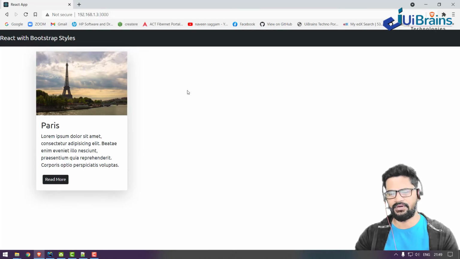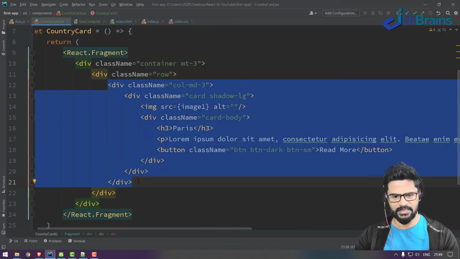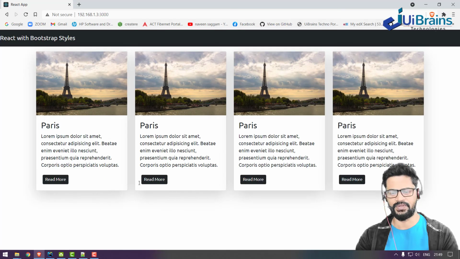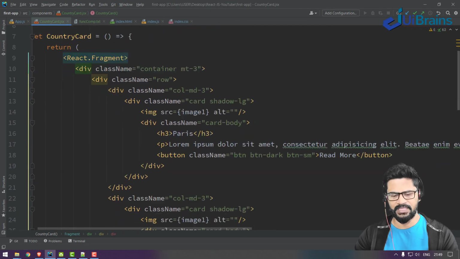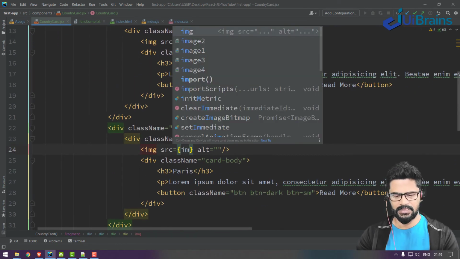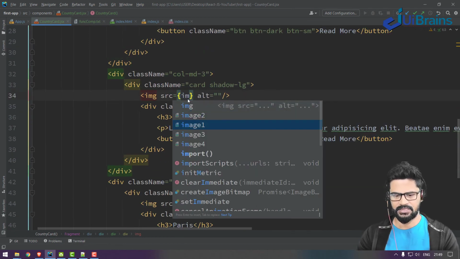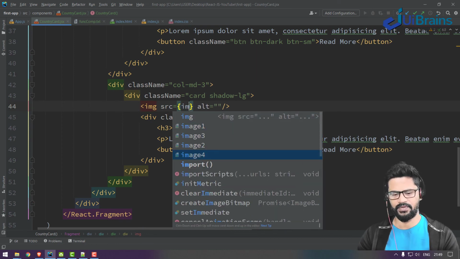Like that, I want three other cards with different images. So let's copy the col-md-3 and paste it, and paste it again, so you get four cards. Now you can replace each image with your own: image2 here, image3 here, and image4 here.